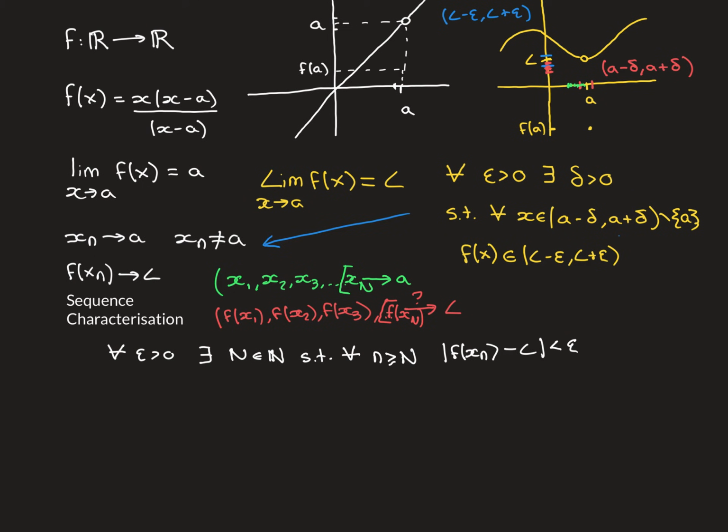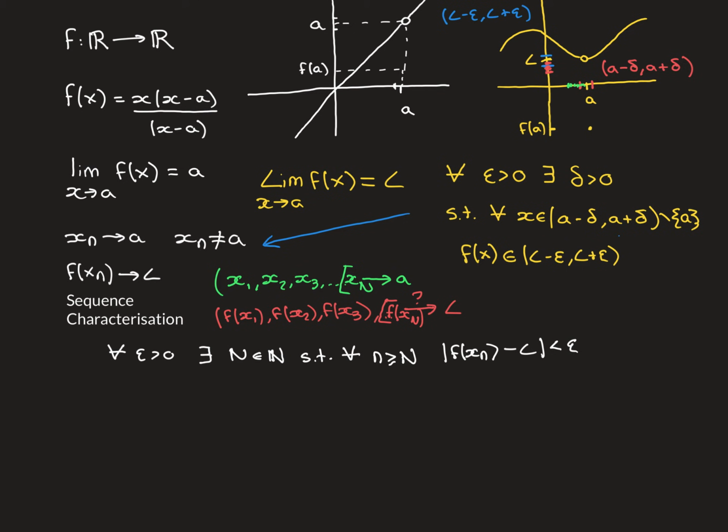So what we've seen now is that if the limit of the function as x approaches A is equal to L by the epsilon-delta definition, then it implies, this arrow that I've drawn here, that if you have a sequence in the domain that converges to A where the terms of the sequence are not allowed to actually equal A itself, then its corresponding image sequence will converge to your limit of the function L.